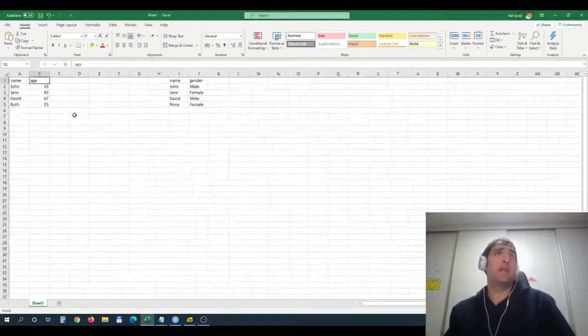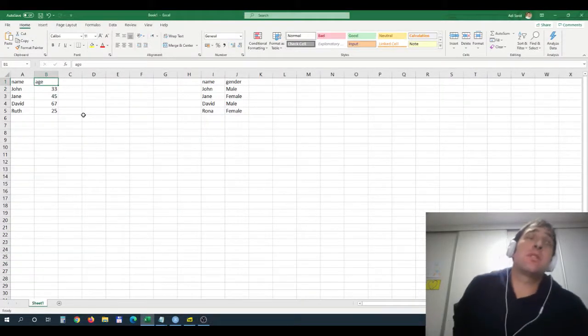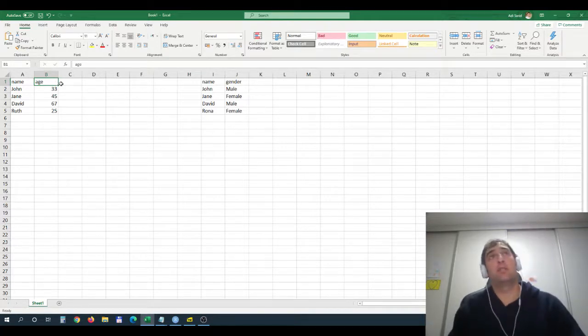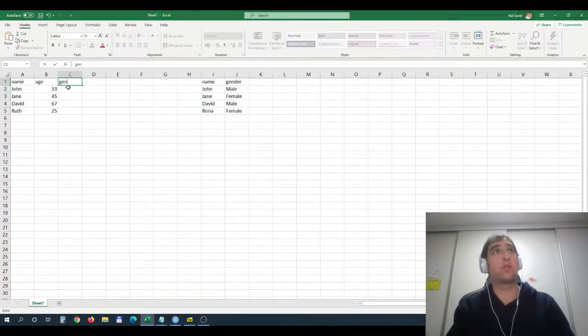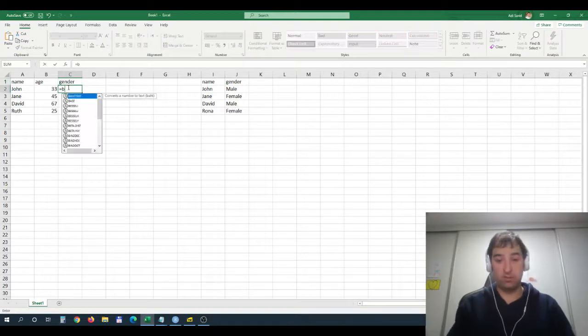In this example we have two tables. One of the tables contains names and their respective ages. The other table contains the names and their respective gender. If we wanted to join these two tables, all we have to do is add a new column here and use the Vlookup